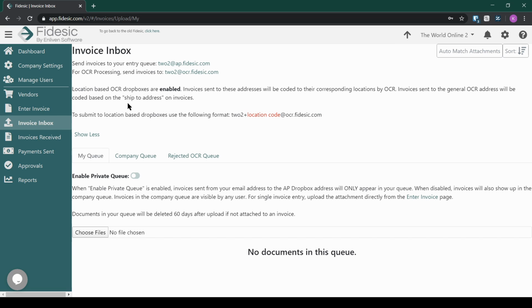If you have locations enabled, we do support location-based capture as well. And basically, it's just going to be the location code added on to the prefix of the email, and anything sent to these location-specific email addresses is going to be coded to that specific location when it's sent in for processing. So these are the 2 primary ways to get invoices into Fidesic directly,